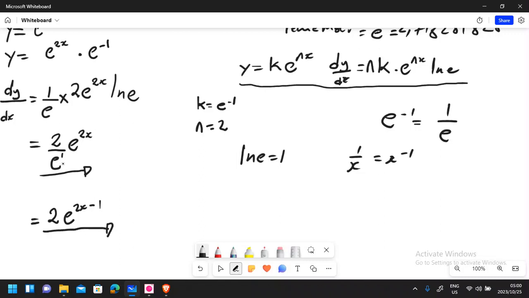Some of you might decide to change this e to a number. Now I wouldn't advise you to do that, guys. Rather leave it like that. But if you do that, it's still fine. You can say 2 divided by e, 2 divided by e, and then that is going to be